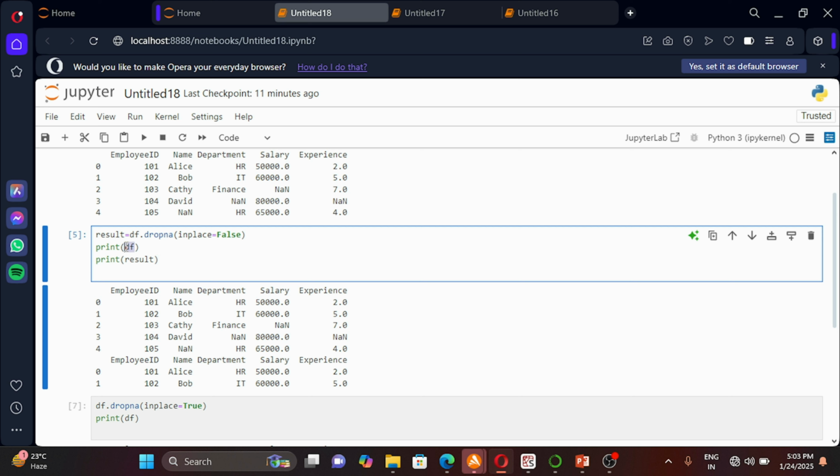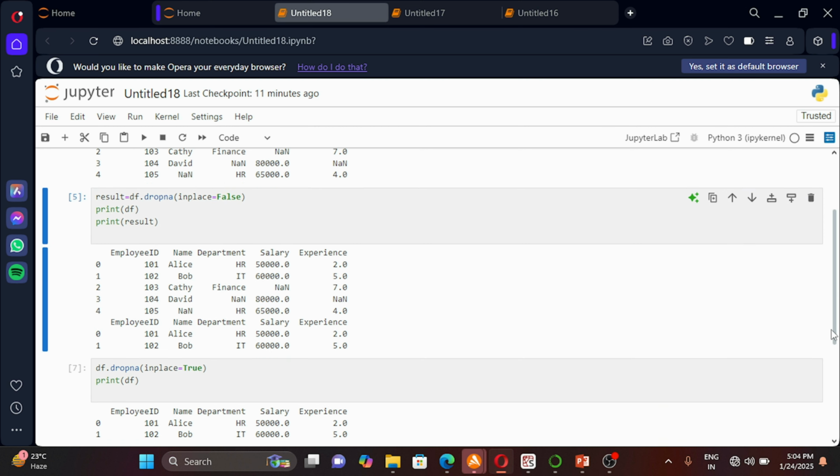Because see, in the df variable I have my original data frame, right? But in my result variable I have the data frame with the applied changes. If suppose you haven't used your new variable, then what will happen? You will lose your original data. So just to preserve the data, in case of inplace equal to false, the original data is also there along with your new data intact. That is why we have used the new variable here. I hope you have understood the difference.